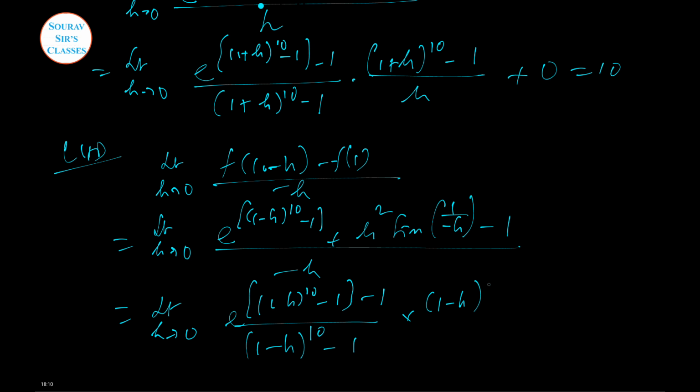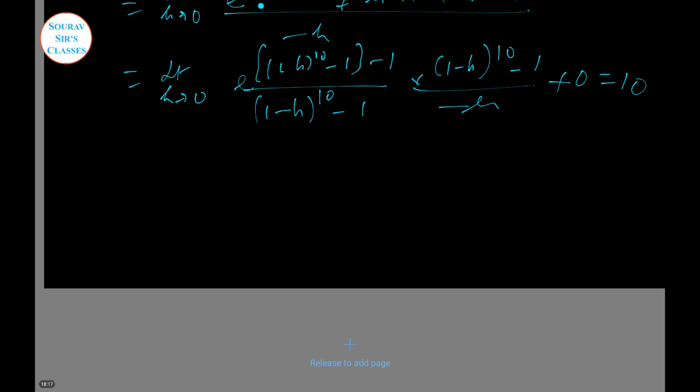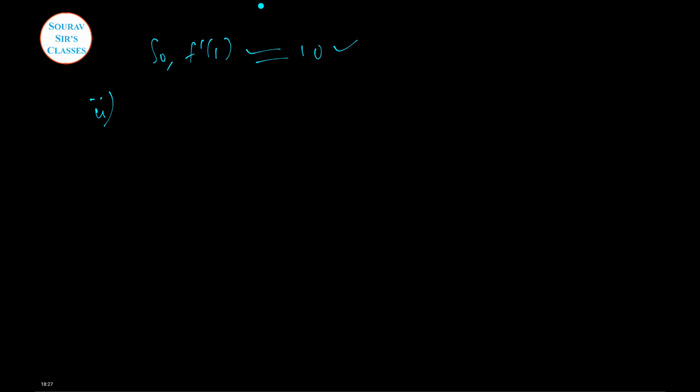And 1 minus h, 10 minus h plus 0, so this is 10. So the left hand limit and right hand limit are the same, so they are equal to 10 and the limit exists. Now coming to the second part of the question, they have asked us to find the limit value of